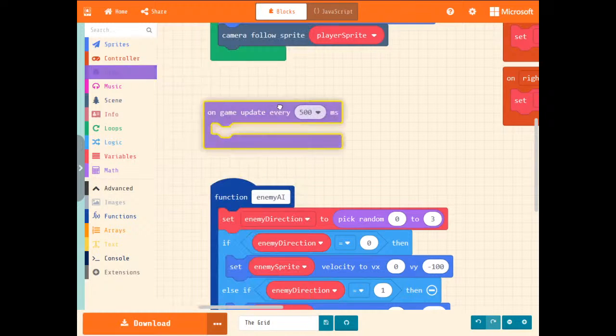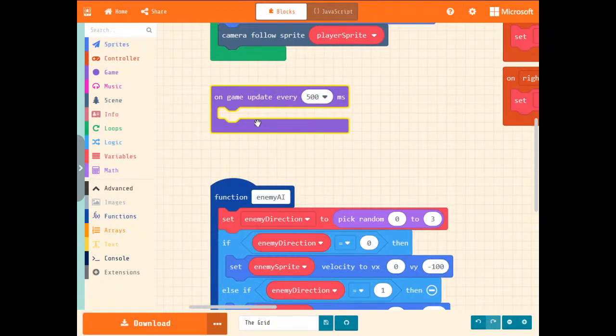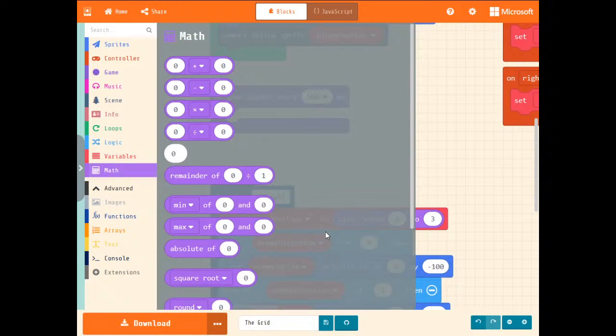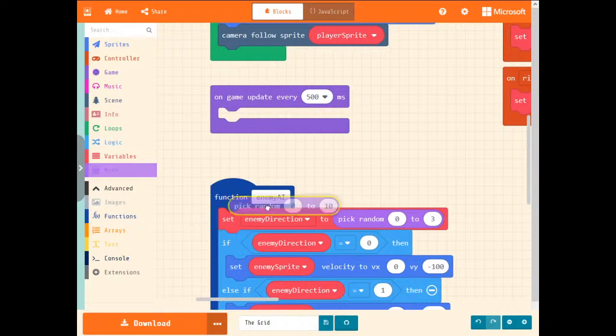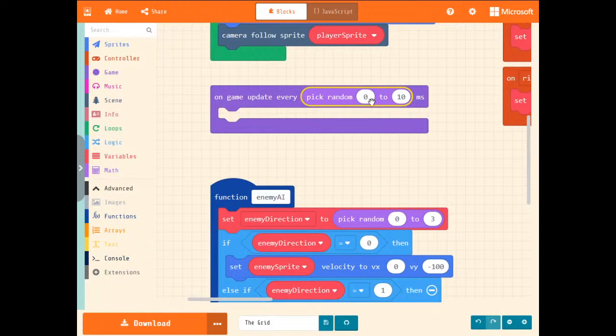we're going to grab that. This is exactly like on game update, except it happens every, guess what, 500 milliseconds. We don't want that to happen every 500 milliseconds. We want it to happen a random number of milliseconds. How do we get a random number? Well, we grab it from math. We want to pick random. And